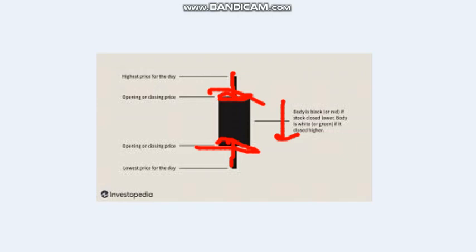In many cases it depends. Normally you need not have a wick every time. So sometimes the stock can open at this level, and for the entire day trade at a level below its opening price, thereby never forming an upper wick. So the opening price itself can be the highest price at which the share price has traded. That entirely depends on the price movement, but typically this is how a candlestick looks, and this is how you interpret it.